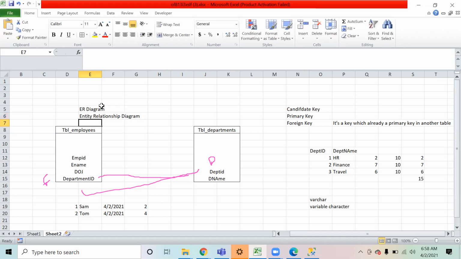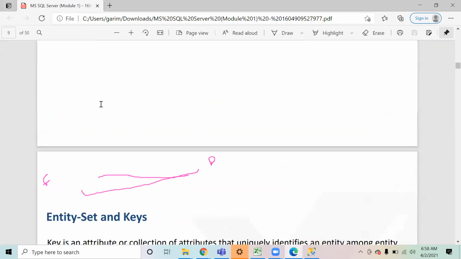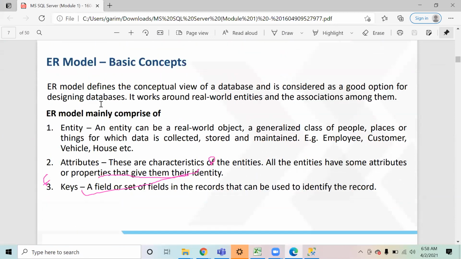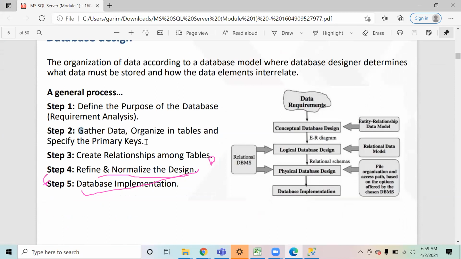Okay, so now if I go back to these steps that we were discussing, it will make more sense now. What we do is we create the tables, we specify the primary keys, and then we create relationships among them. We create the relationship between the tables with the help of a foreign key.